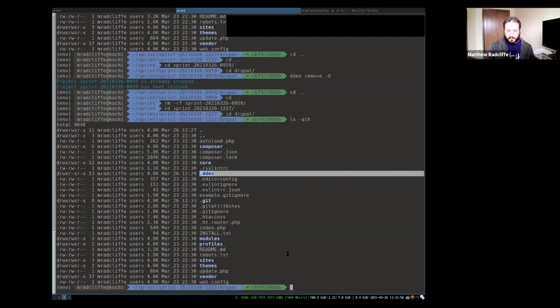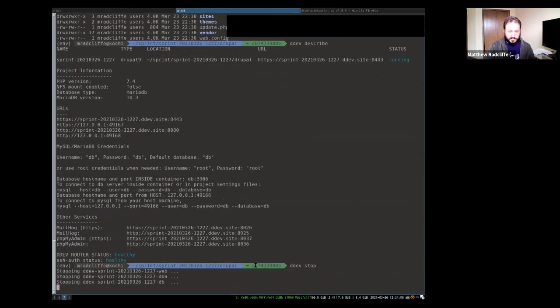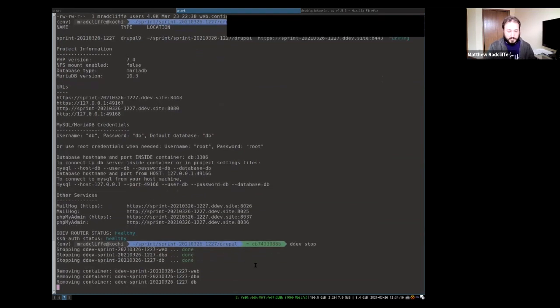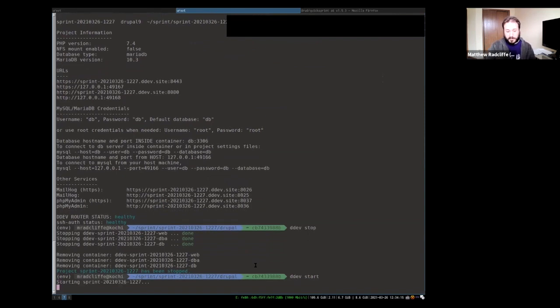But if I want to stop my project from now on, if it's running, I can run DDEV describe, which tells me the state of this site, and I can run DDEV stop to stop things, just like we were doing when removing it. And if I want to try again, I can type DDEV start.